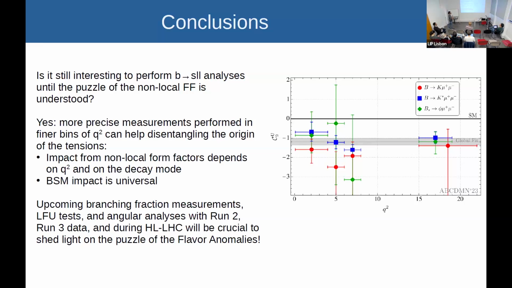You can see here an example of the results from 2023, so without this analysis included. Different colors show the impact of different decay modes in different ranges of q square. An impact from non-local form factors on this C9 would be q square dependent, while an impact from beyond the standard model physics is universal. So having a better picture here, with lower uncertainties and finer binning, will surely help in understanding and disentangling this. So I'm looking forward to